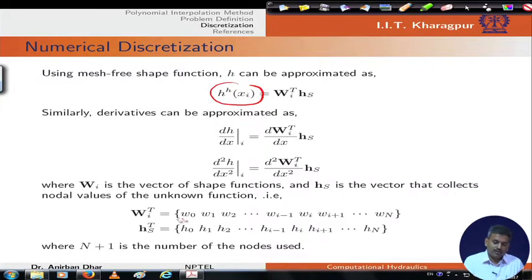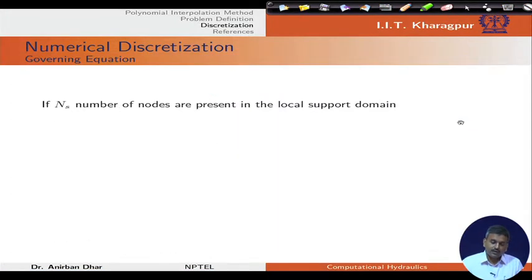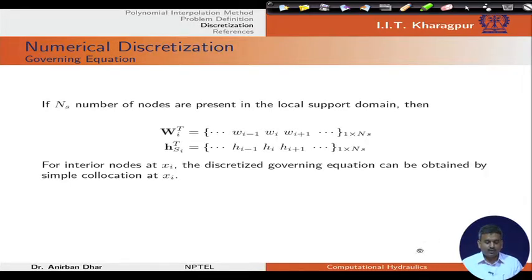W transpose, in general, should cover all the points, and Hs also should cover all the points, but we have limited our support domain to the adjacent nodes only. So, n plus 1 is the number of nodes used in this case. ns is the number of nodes present in the local support domain. So, we can have 1 into ns,